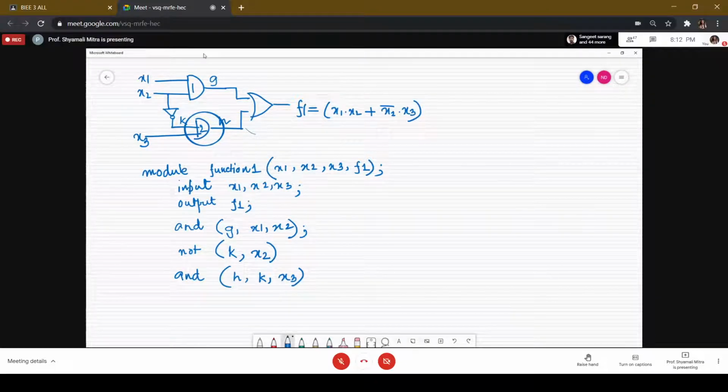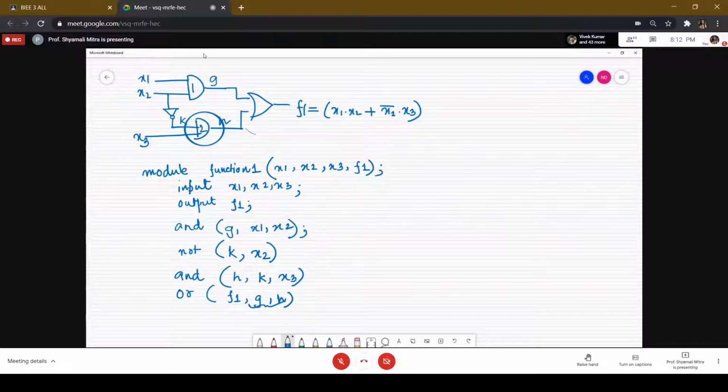Now we are left with the final stage, where we are collecting the previous outputs. So the last one is nothing but an OR gate. The output of the OR gate is the final output, the primary output, which is F1, G, H. These are the inputs and this is the output. So the outputs of the AND gates are combined in the OR gate to form the required function, the final function.